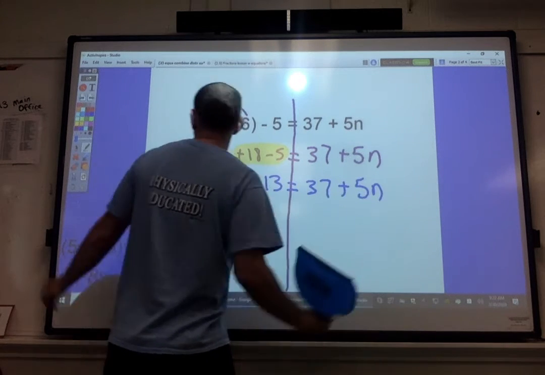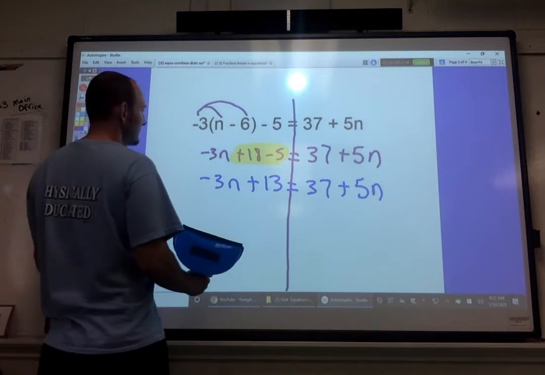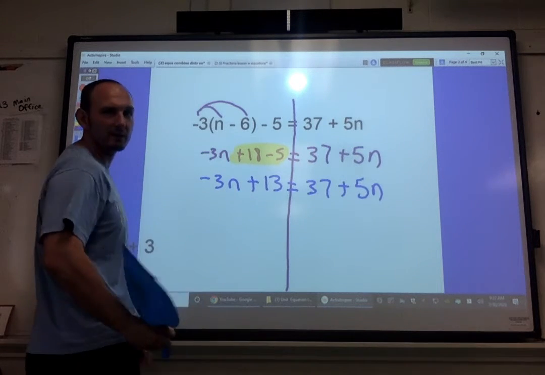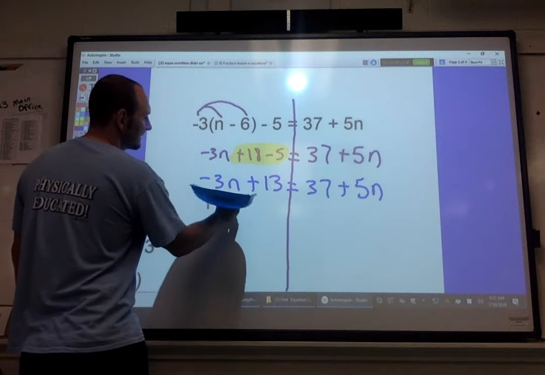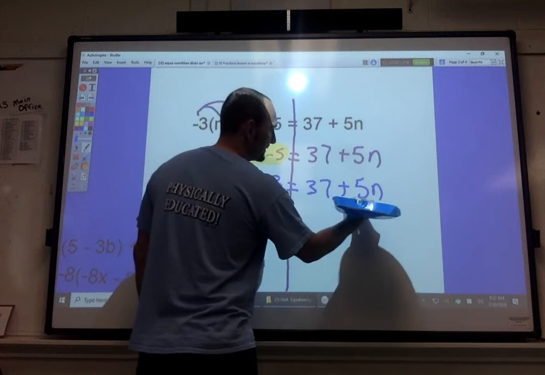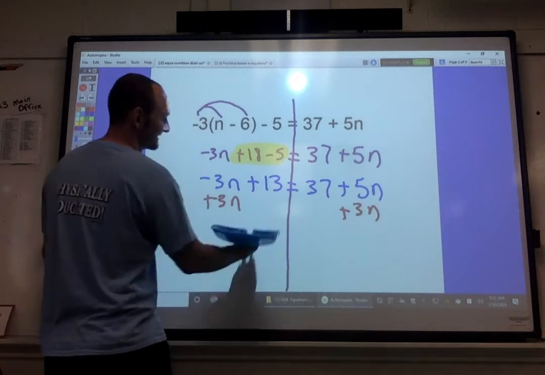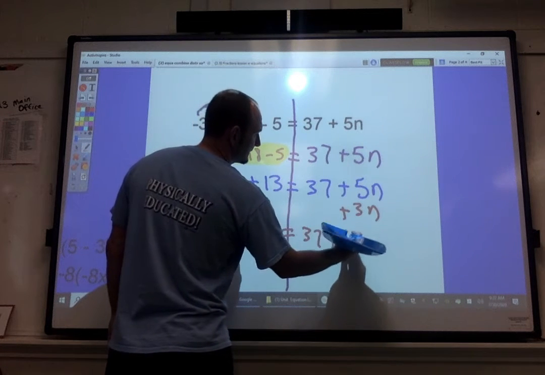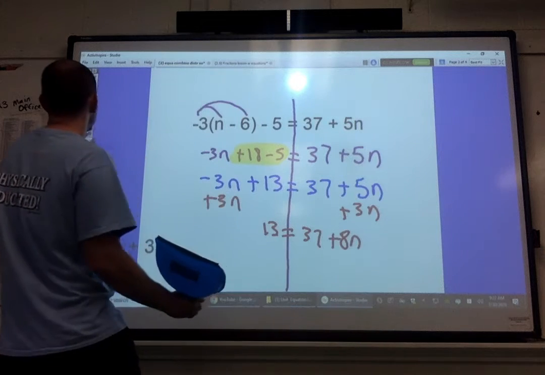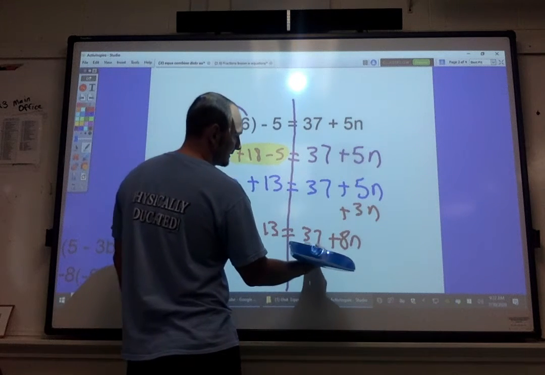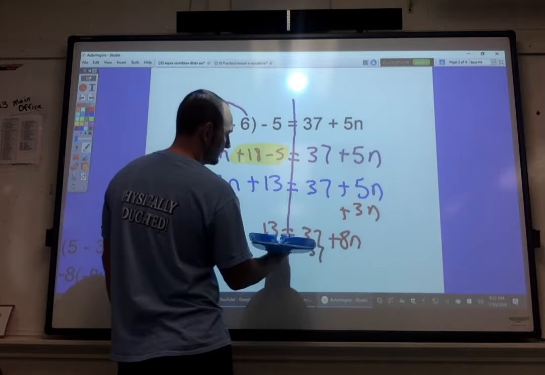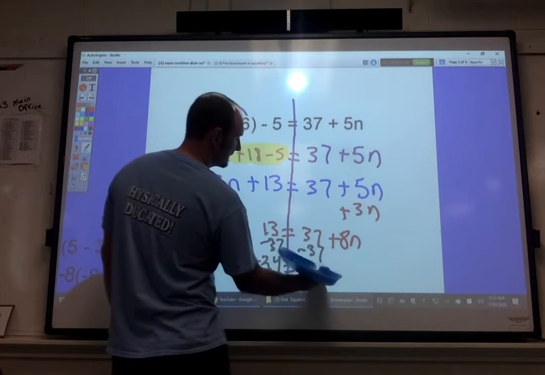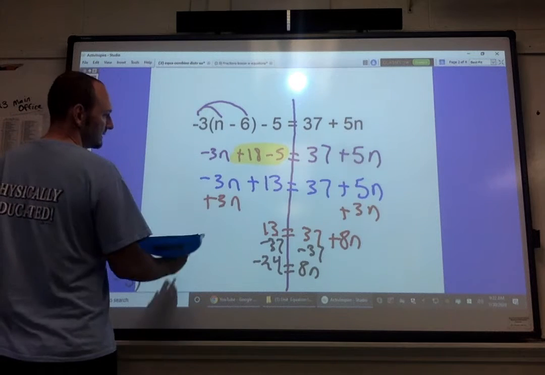Then the next thing I'm going to do is move the variable from one side to the other. Doesn't matter which one. I don't like negative things, so I'm going to add 3n. Clean this problem up, as you can tell. 13 is equal to 37 plus 8n's. And again, that's two steps. Subtract and divide. Subtract 37, -24, with 8n, divide by 8, and n,